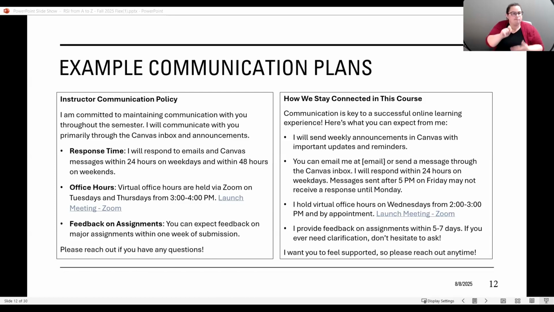If you say that you are going to be in the discussions with the students, responding and facilitating those discussions, then that's where they're going to look. If you're saying that you're going to make an announcement every Friday when you open your next module, for example, and the announcement is going to do a little walkthrough, maybe you even have a video of the content for the week, then again, they know where to look. So it is a good idea to do that.